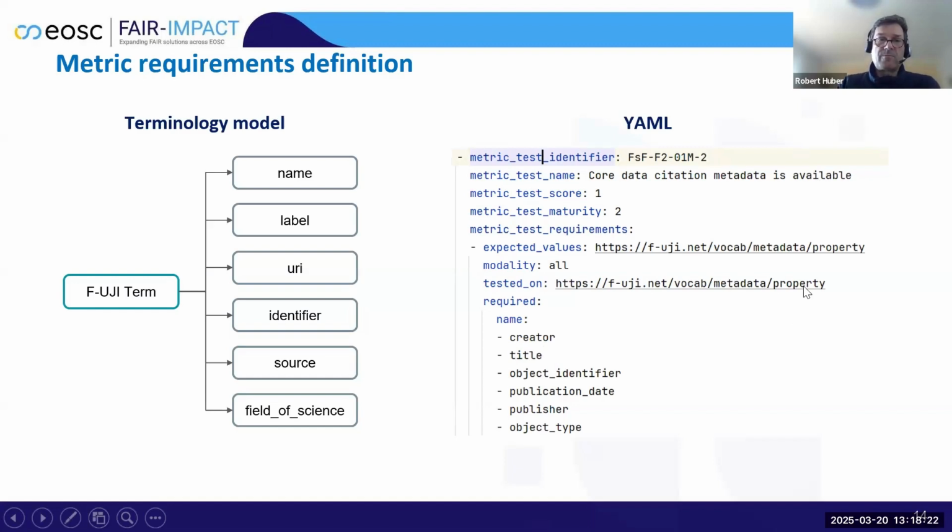are all now part of an internal F-UJI ontology in order to enable users to look up what all this means. And the terminology is relatively simple. Each term has a name, a label, a URI, an identifier, then a source, so where it has been found. And in most cases, it also refers to a specific field of science, if possible. So this is the background information we had to implement for these